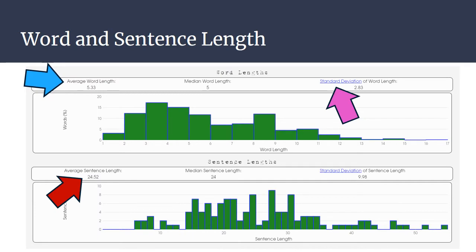When you do that, you'll get a list of many different kinds of statistics about your writing, such as how many commas used, how many words, how many characters, how many sentences. But as you scroll down, you'll also see these two charts. And I think these are the most interesting things you'll find on that page. The first one tells you about your average word length. So this is how many letters are in the words that you wrote. So for me, when I inputted an article that I wrote, my average word length was about 5.33. Okay, so on average I have about 5 letters for the words that I write.